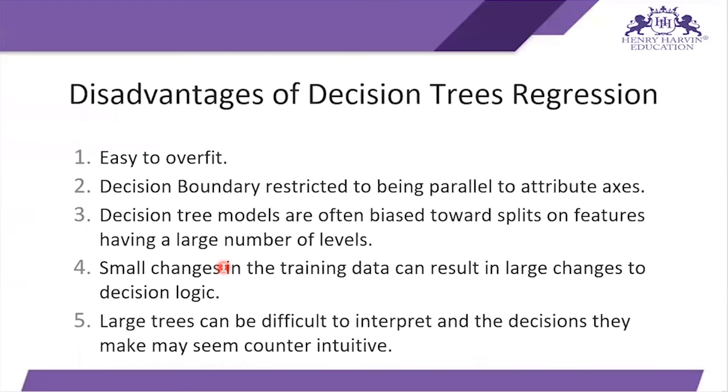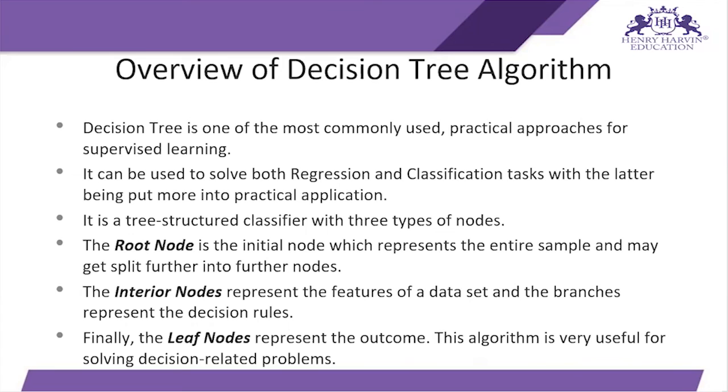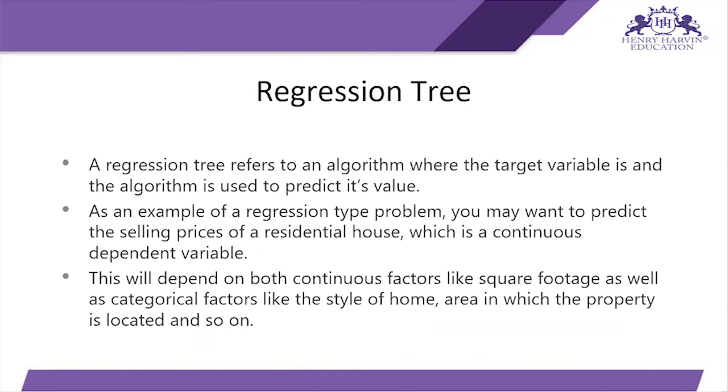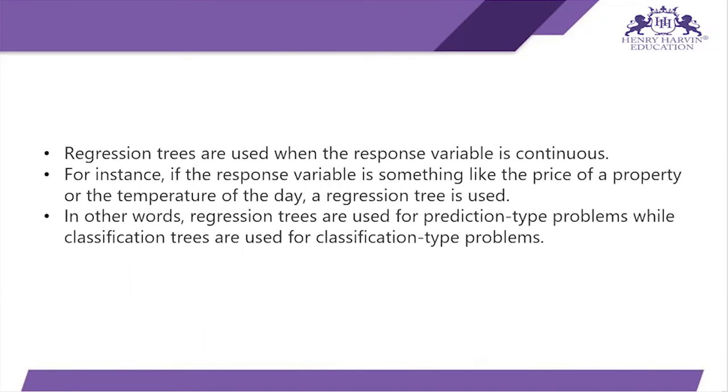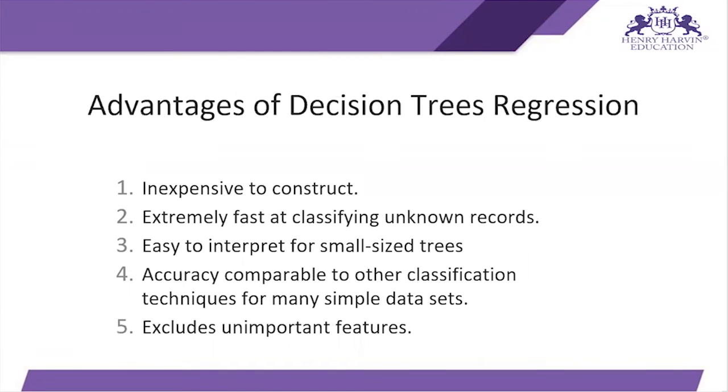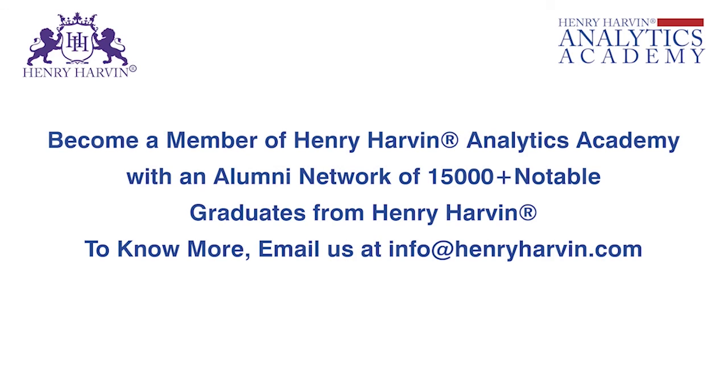So that's all for this coding session, where we talked about the decision tree and gave an overview of the decision tree algorithm, the divide and conquer technique it uses, how decision trees look in the backend, and how a regression tree works, why and where we use it, with examples. We also covered the regression tree example, how decision tree regression looks, and the advantages and disadvantages of the decision tree regression algorithm. So that's all for the theoretical session.